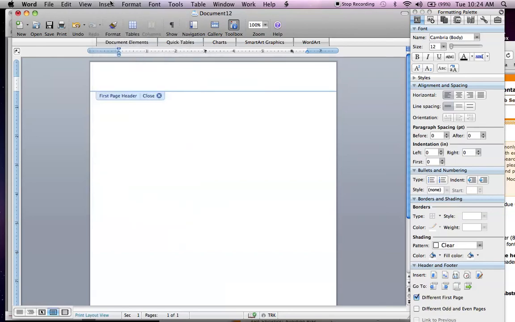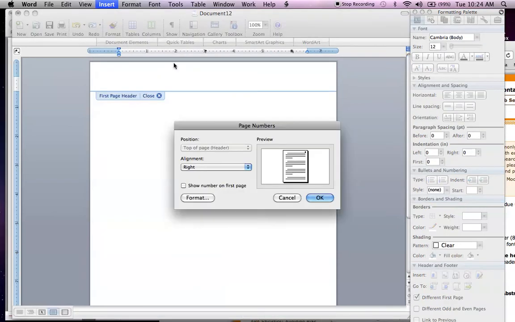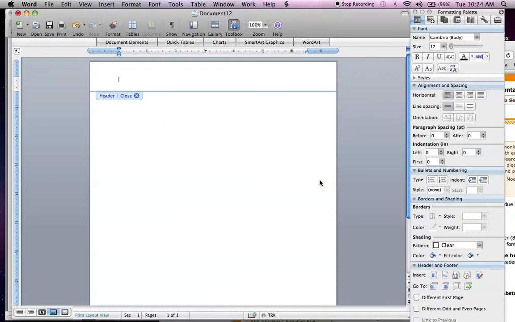The other thing you want to do is make sure you've inserted that page number at this point, okay? So the page numbers you're going to want to insert, you're going to want to make sure they're at the top, put it into the header, make sure it's the right alignment, and do show the number on the first page. Okay? So now when I click on different first page, the number shows up,